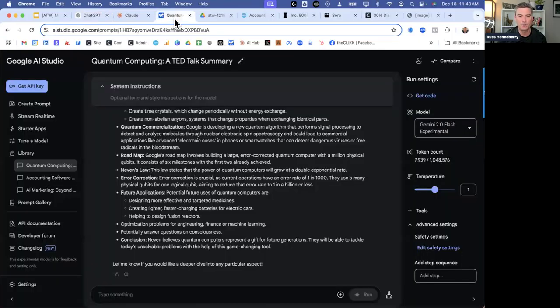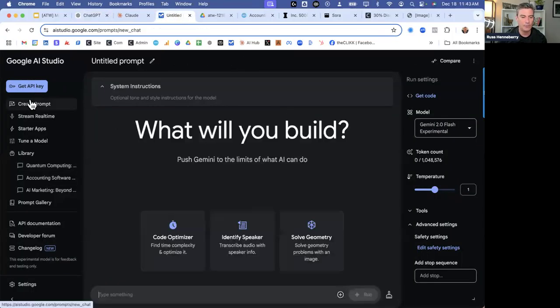All right. So we go over to Google and let's go to create a prompt. And again, I'm at aistudio.google.com. This is how I interact with Gemini 99% of the time, through AI Studio. You'll see me play with a couple of things towards the end here that I think are worth using AI Studio for. And plus once you learn AI Studio, it's actually pretty simple, especially if you just think of it like a regular AI, because it is, but it also has a lot of different bells and whistles that most of it you don't need to worry about.